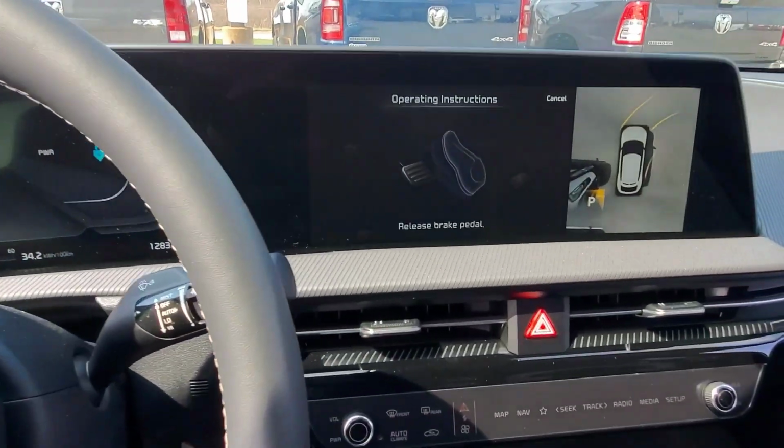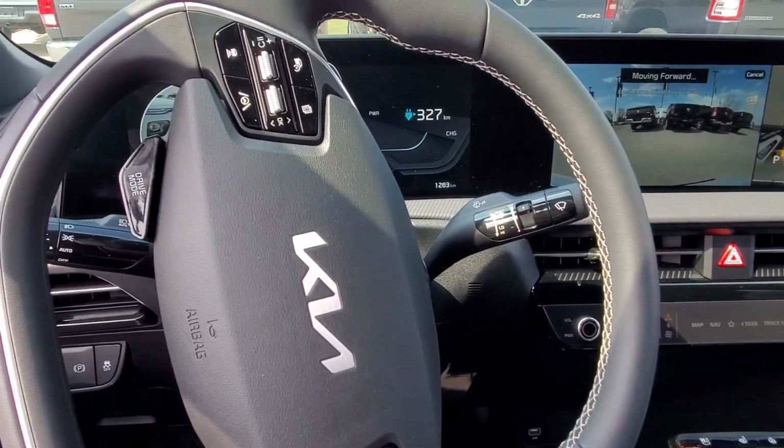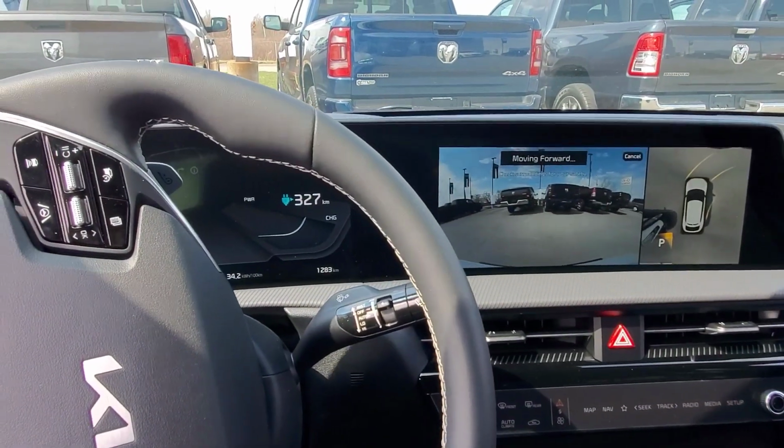So now it's going to ask me to release the brake pedal. My finger is still on that camera button. And now the vehicle